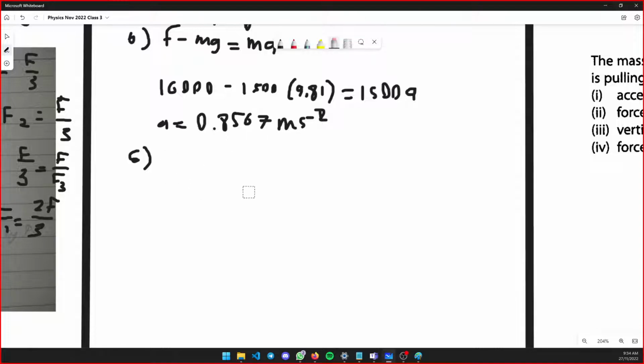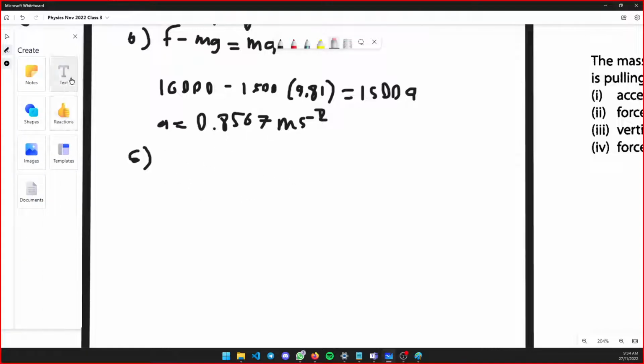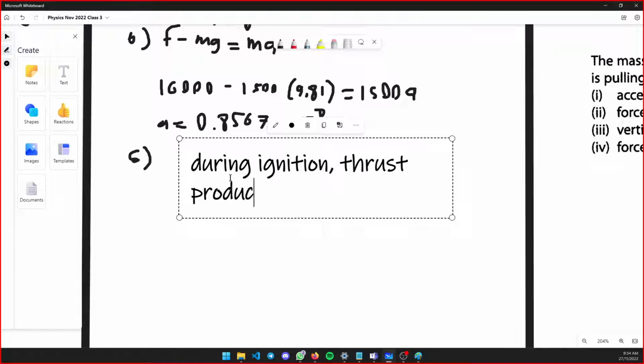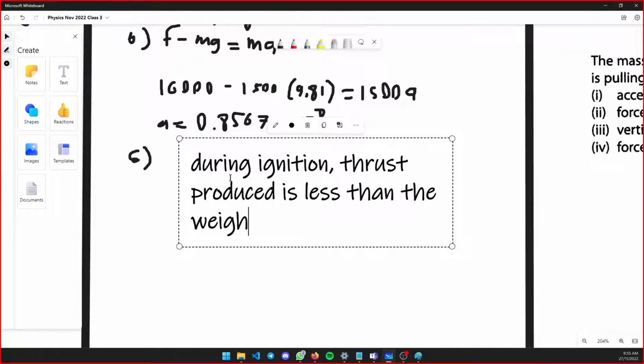Okay, I'll just type it. During ignition. Oh, it has a nice font. I didn't know that. I will use this. Thrust produced